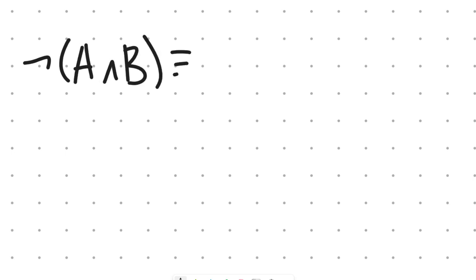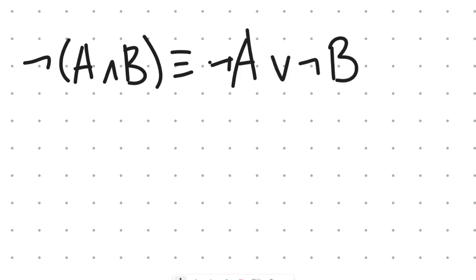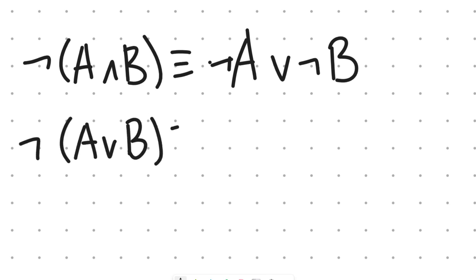So we have now proven De Morgan's theorem: not (A and B) is congruent or equal to not A or not B,